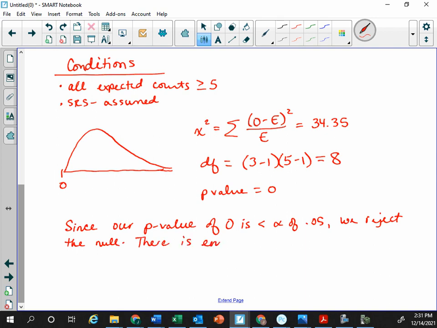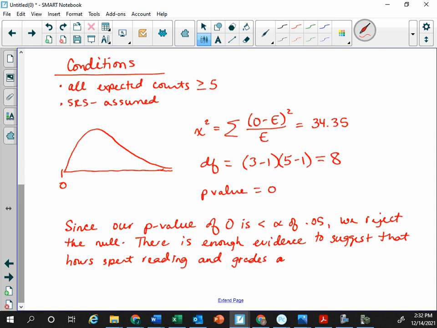There is enough evidence to suggest that hours spent reading and grades are not independent. Or you could have said, suggest that hours spent reading and grades are associated, like there's some sort of connection